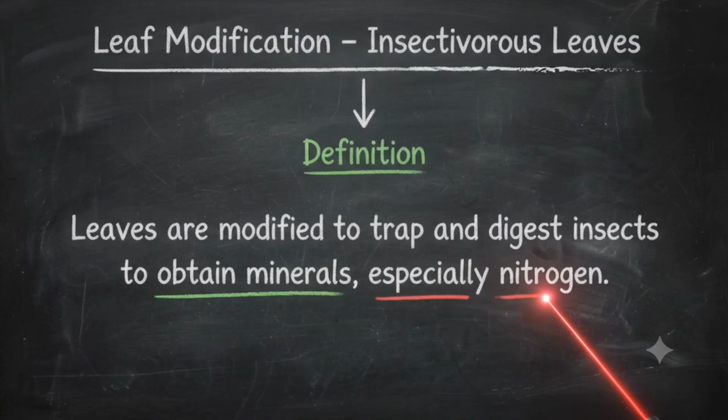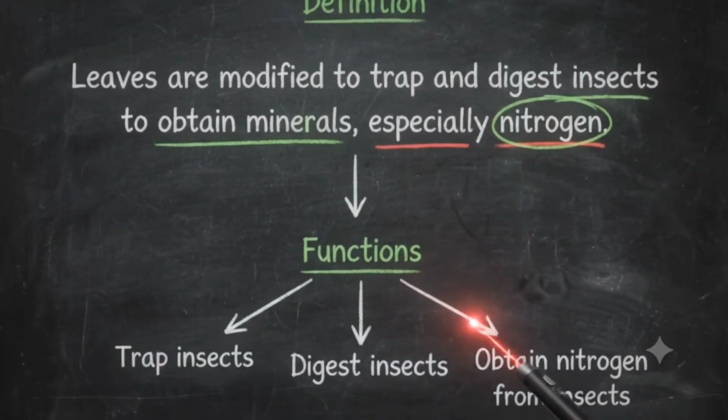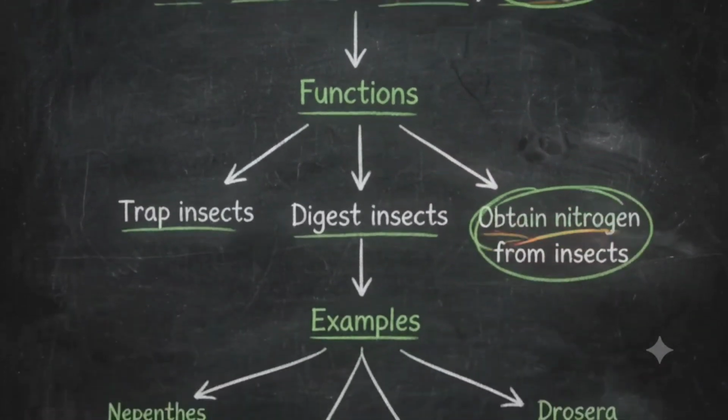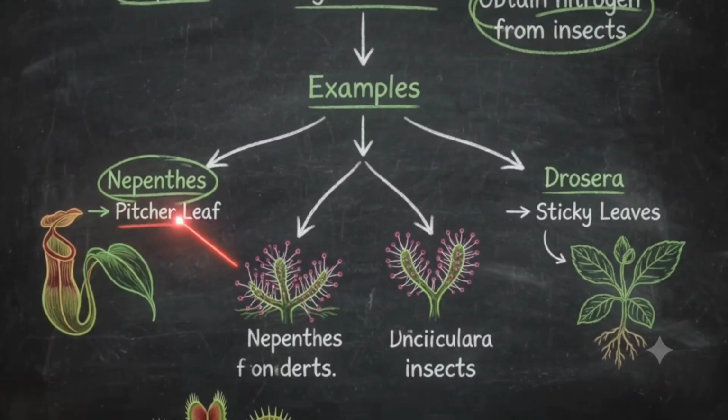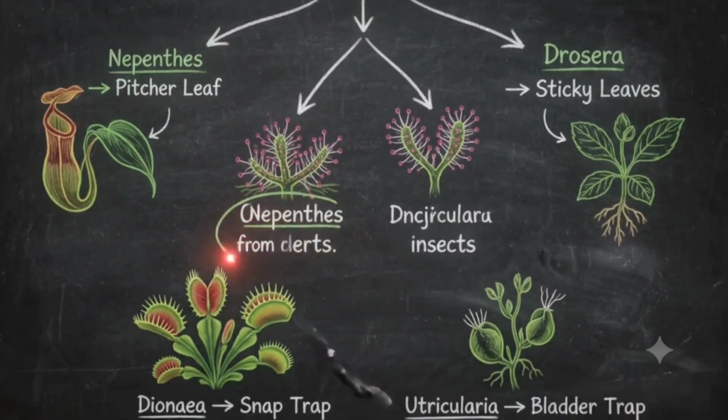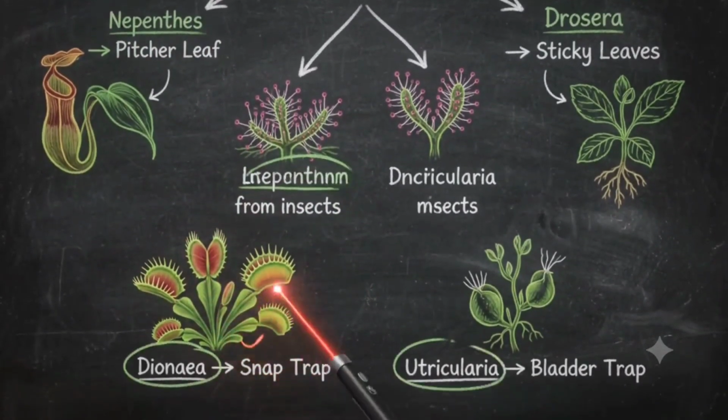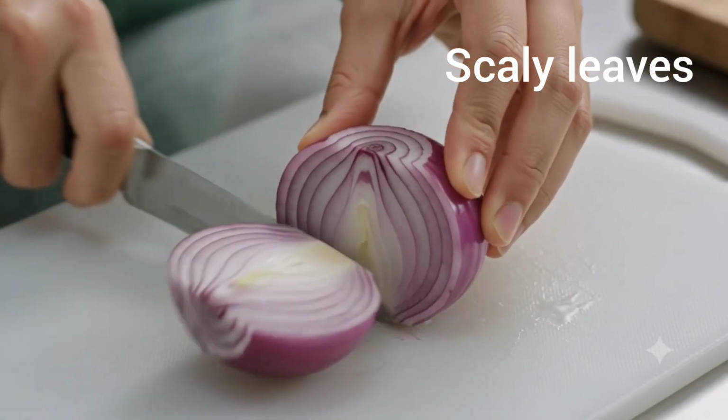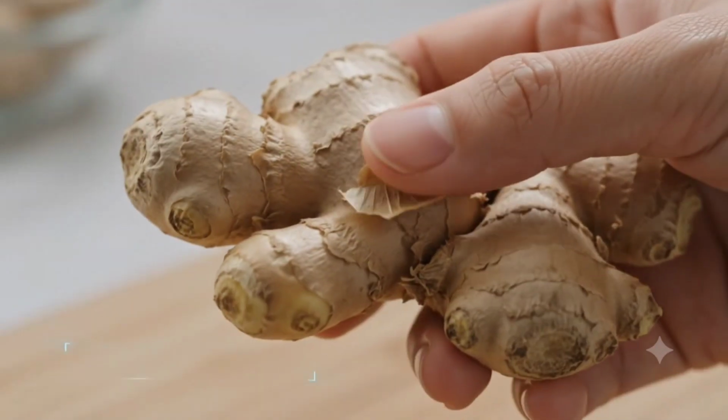Insectivorous leaves are modified to trap and digest insects. This adaptation helps them obtain nitrogen in poor soil. Examples: Nepenthes, known as the pitcher leaf, and in onions, they are fleshy and store food, while in ginger, they